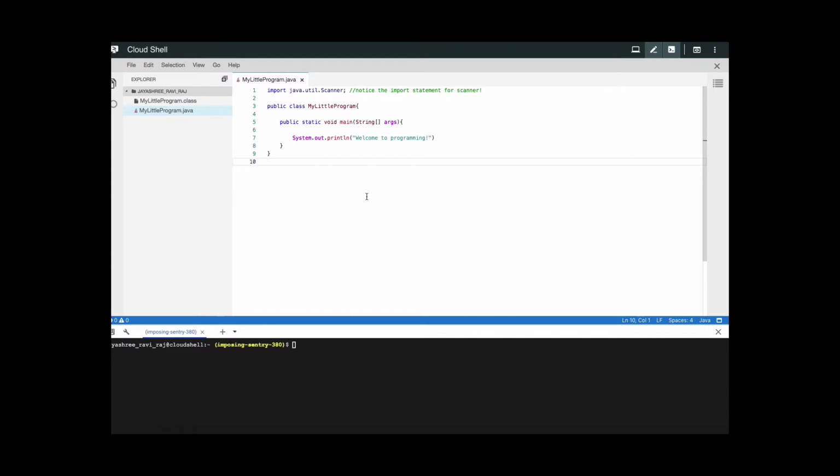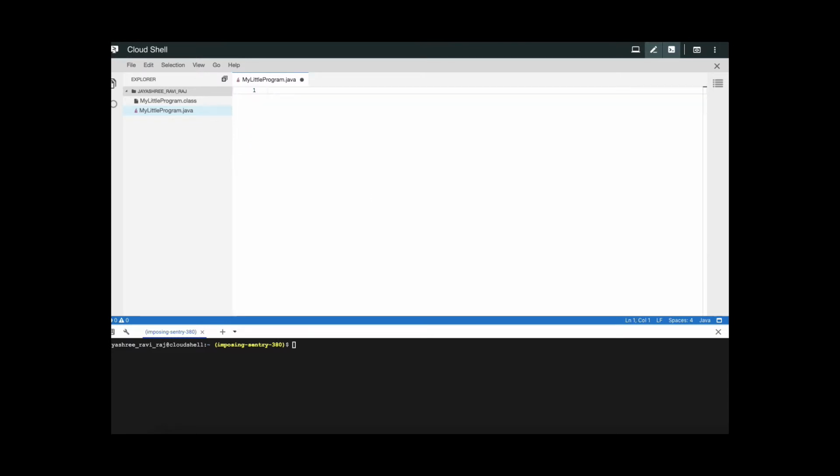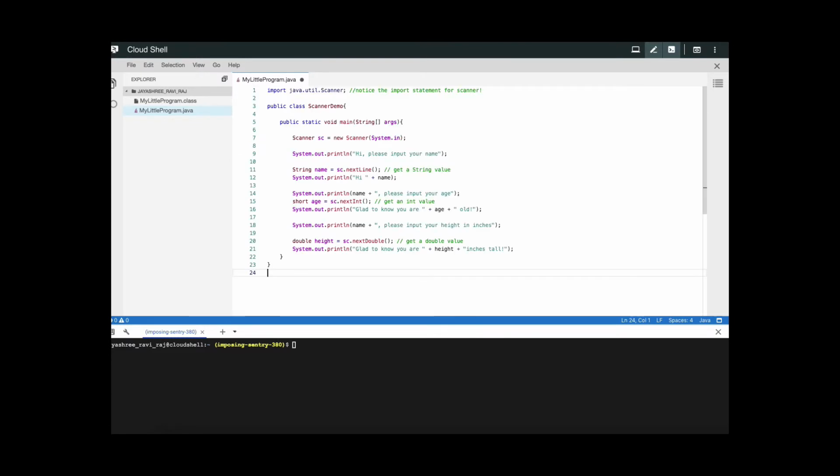And I'm going to do a Control A, get rid of the whole thing, and then a Control V so that I can get whatever is there in the clipboard copied over into my little program. But notice that the file name is my little program, but the class name is Scanner Demo. So I'm going to save it and try to compile it